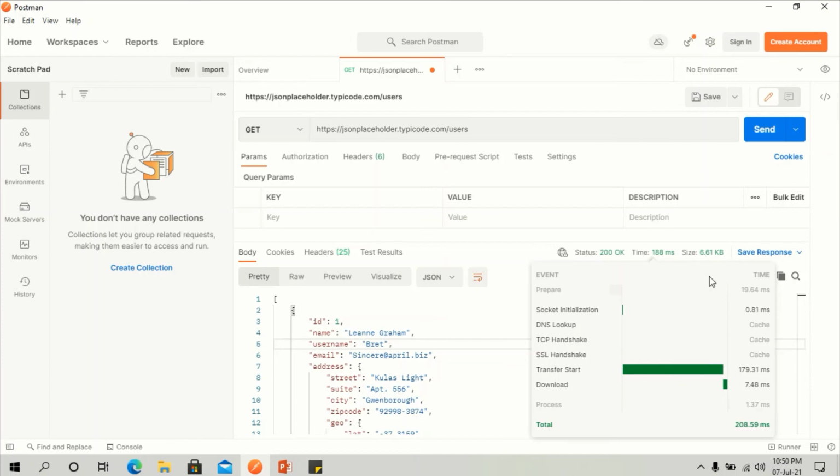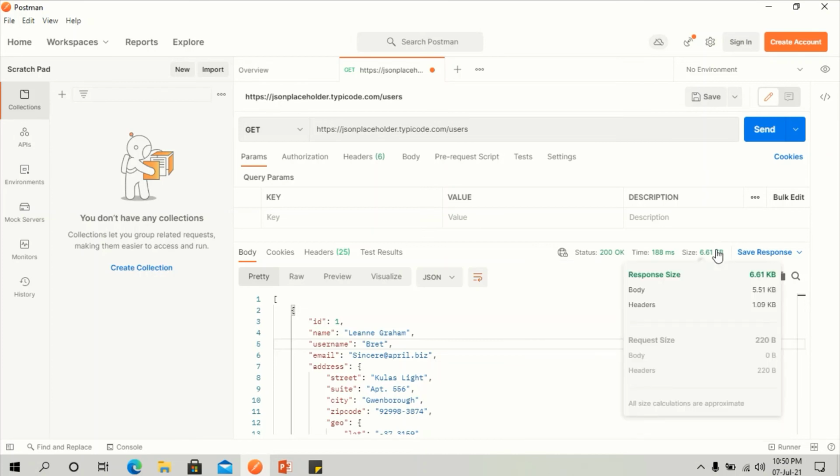So let's see about size. The size is the size of the response when it's processed within memory. This response size includes the size of the response, cookies, header, everything that has been transmitted along with the response. Now we will see response body. The response body contains the response content that has been sent from the server.